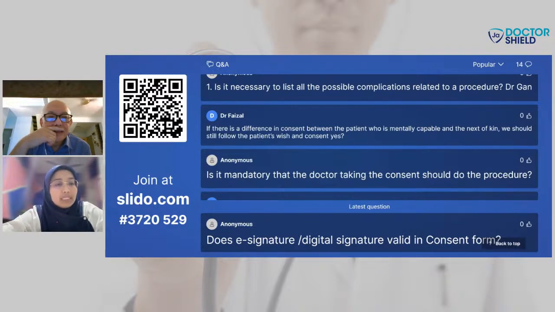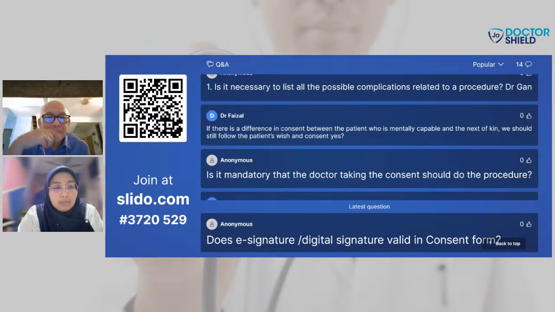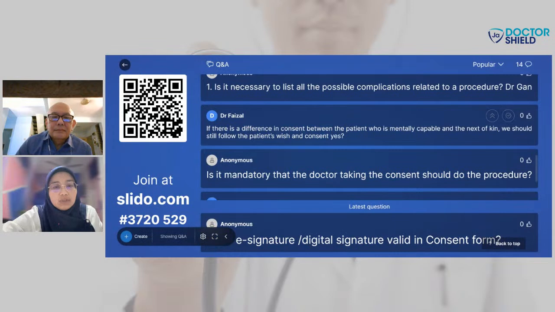Can I give another circumstance? Say it's a woman who consents to tubal ligation, but the husband disagrees. So what do we do in such a circumstance? In that circumstance, it must be from the patient, because we have come across situations where the husband is so dominant that he tends to dictate what needs to be done. In fact, we have come across cases where the husband decided to sue the hospital and the doctor in view of certain procedures being performed.